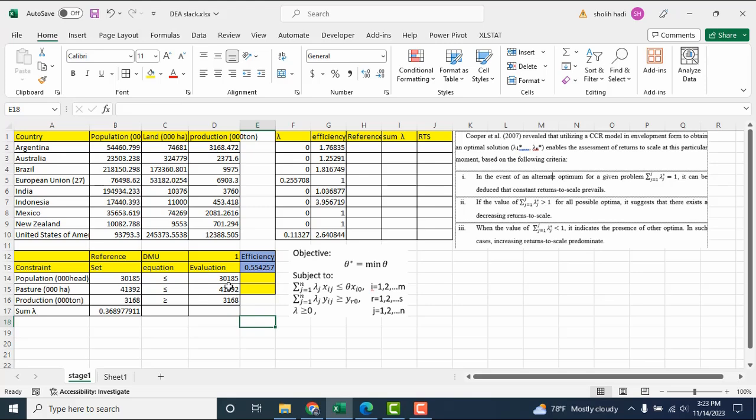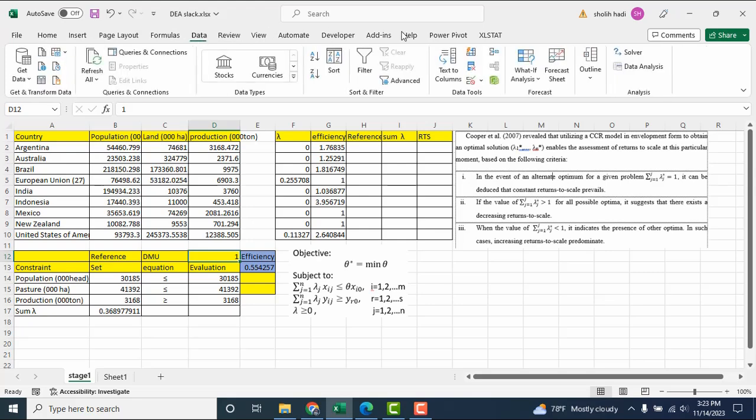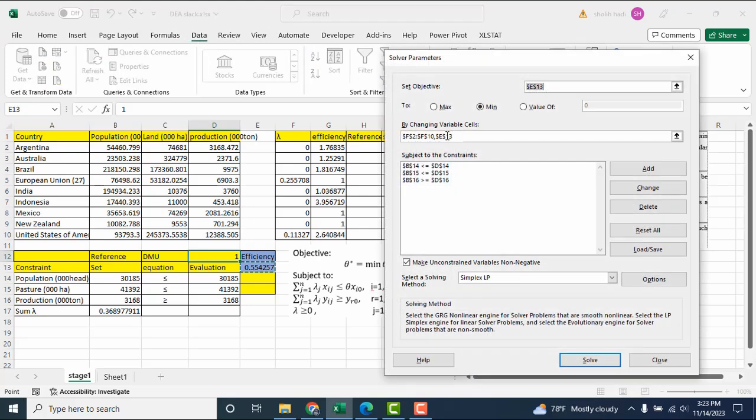Okay, I will try to run for DMU number 1. I will try to evaluate the level of efficiency for Argentina, number 1. The first is click Data and then Solver. For the objective is here theta.